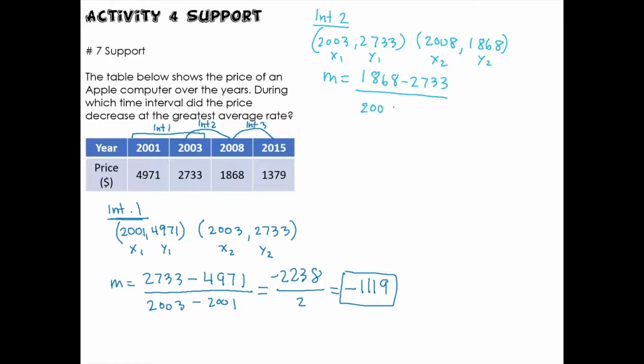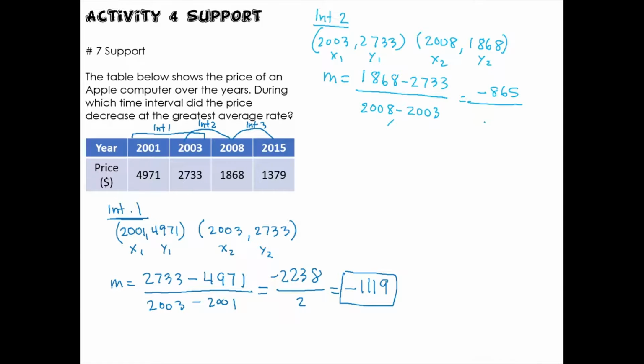Then 2008, and then 2003, and then you're using your calculations. So 1868 minus 2733 is going to be, again, not surprisingly, negative 865 over